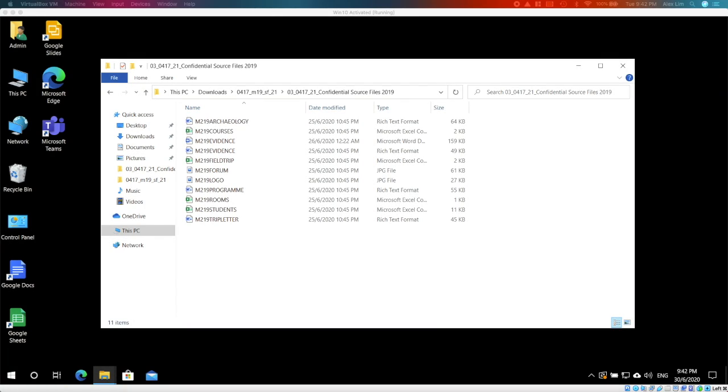So what I'm going to do is a walkthrough of the 2019 March paper, paper 2, and I'm going to do a walkthrough of task 3. Task 3 will be in regards to the database. Okay, so what I'm going to do right now is open up Microsoft Access on